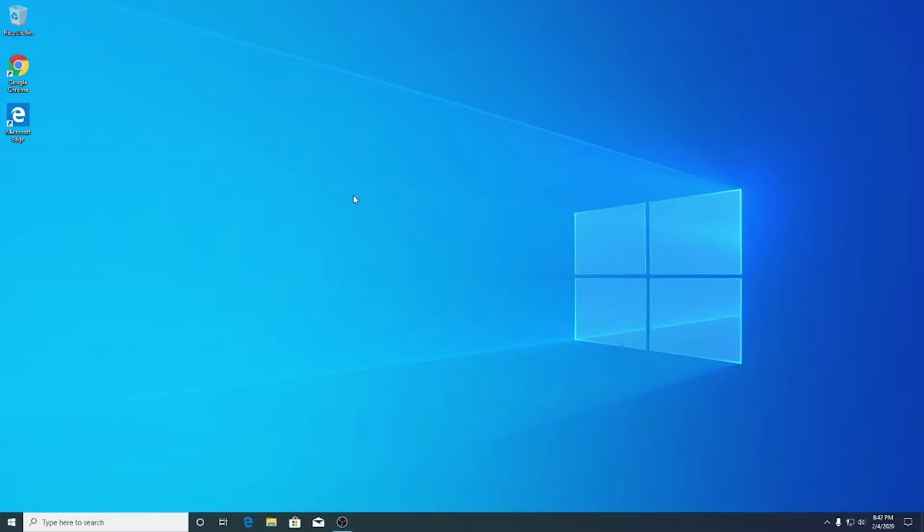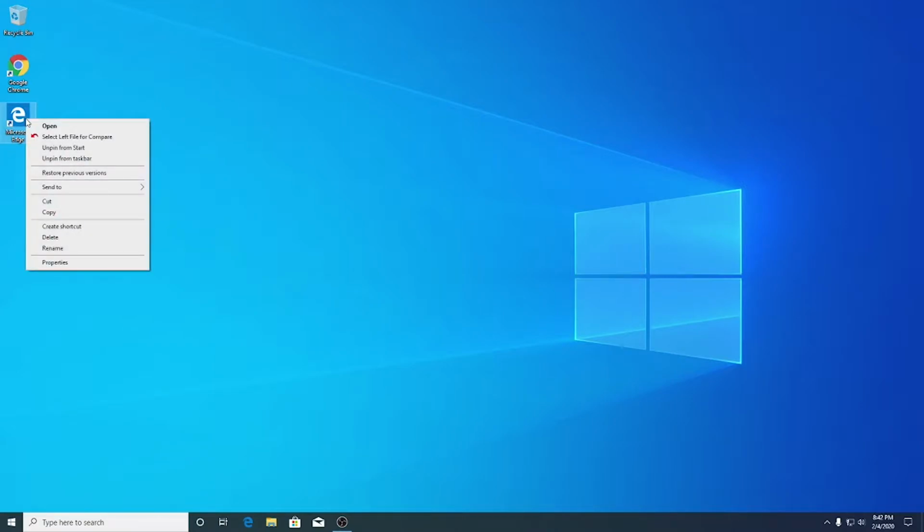Just wanted to start out with a new computer. This is actually a new account on my computer, so it's similar to a new computer with the brand new icons on the toolbar, and this is just the beginning of the series. I wanted to get a new computer account and show you a few things that you can clean up. So first of all, it's going to give you a few shortcuts, and anything that you don't need,